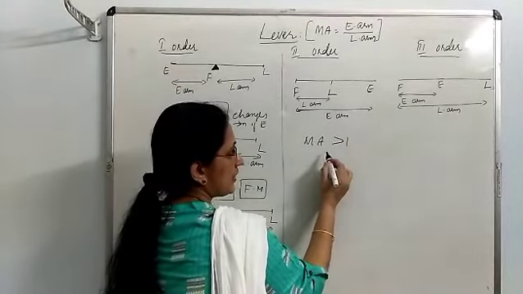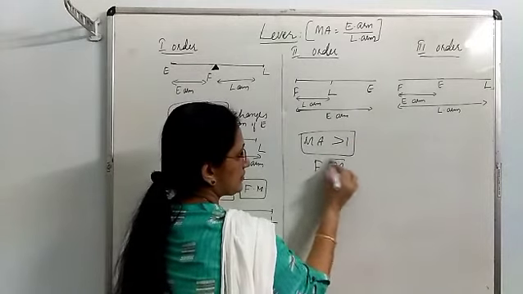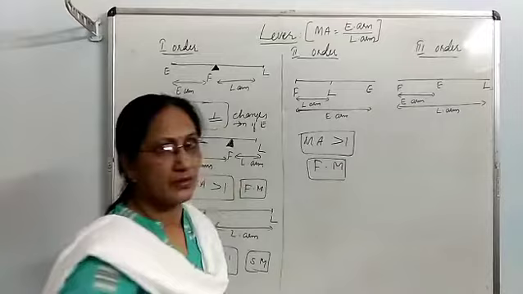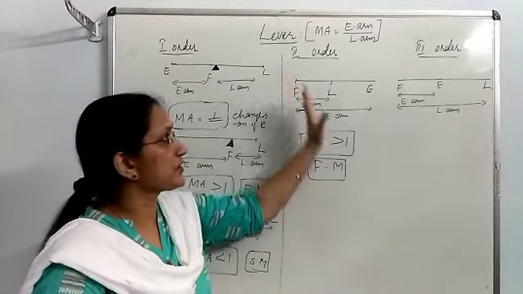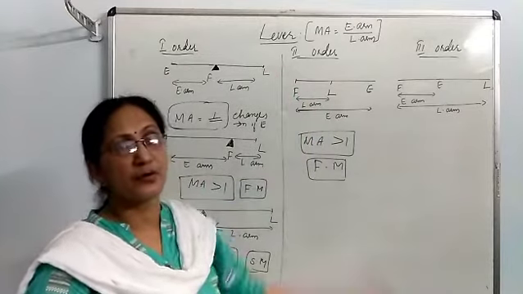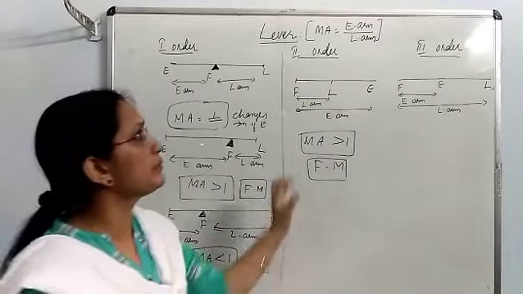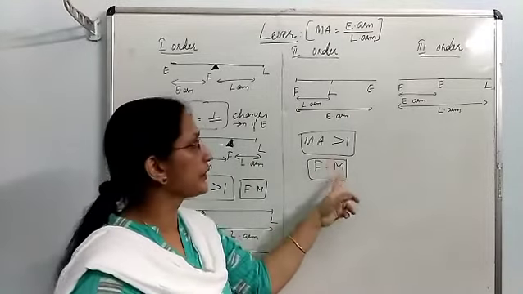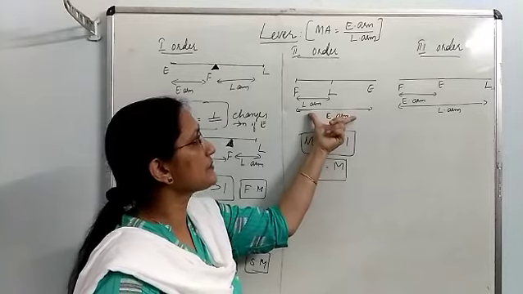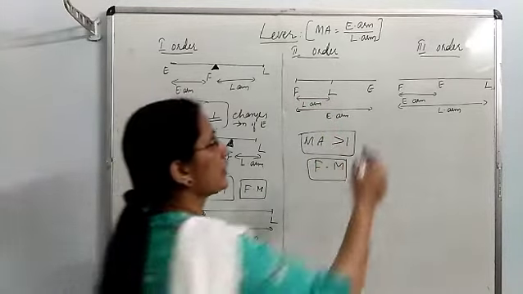That means they are force multiplying machines. Okay, in this case, it functions as a force multiplier. It is not having any other function. Remember, second order levers are always force multipliers, because their effort arm comes longer than load arm, thereby MA is greater than 1.